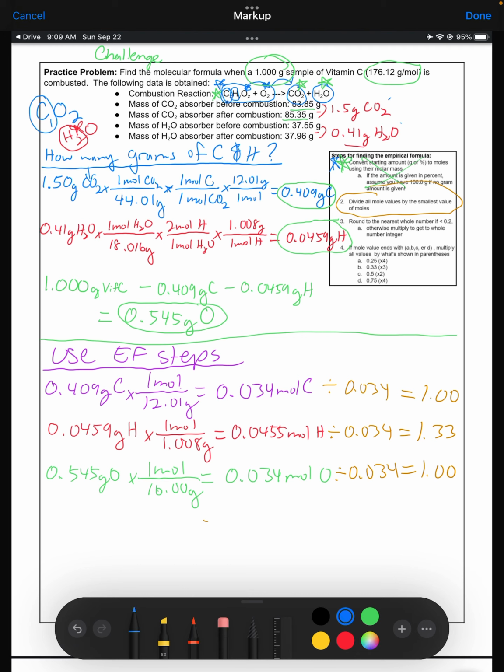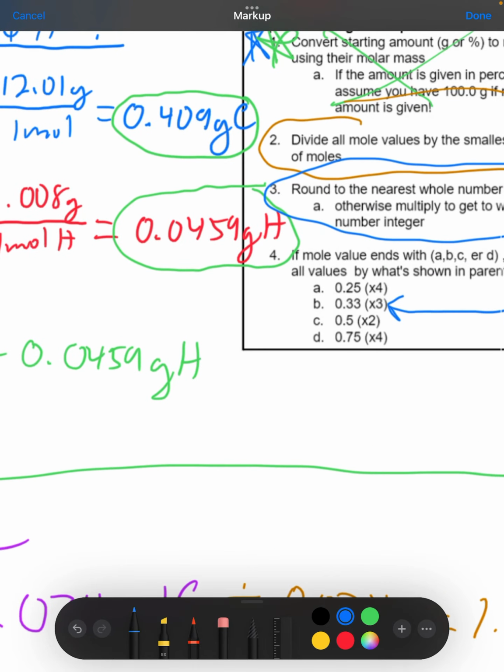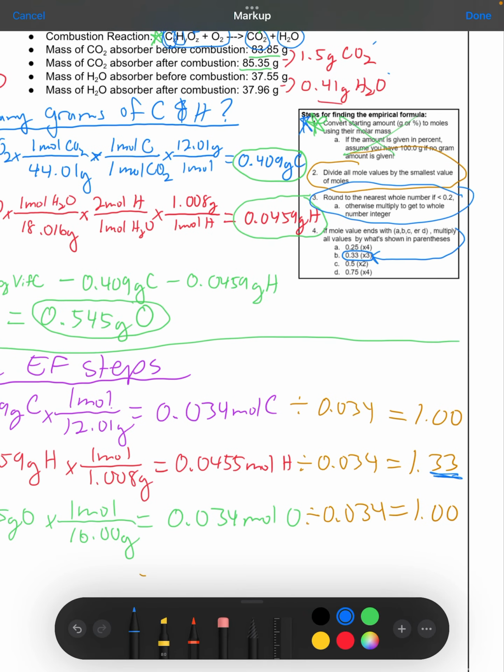All right, so now I try to do step 3 up here. I try to round to the nearest whole number if my decimal values are less than 0.2, but they're not. 0.33 is greater than 0.2, so instead of rule 3, I'm going to go straight to rule 4, and I'm going to multiply all of those values by 3. Why am I going to multiply them by 3? Because I had 1.33, and so that's what my rule says to do. So I'm going to multiply all of these by 3, and I end up with